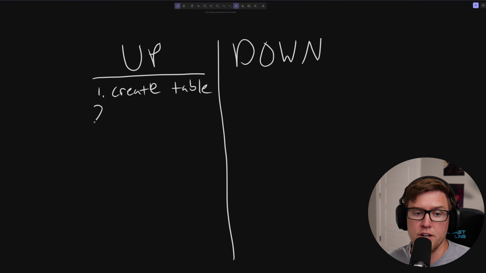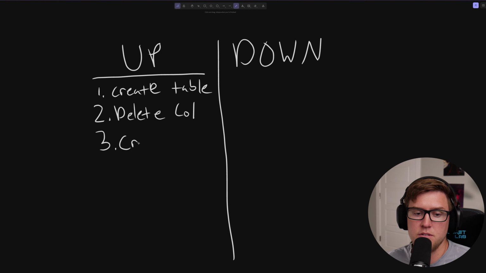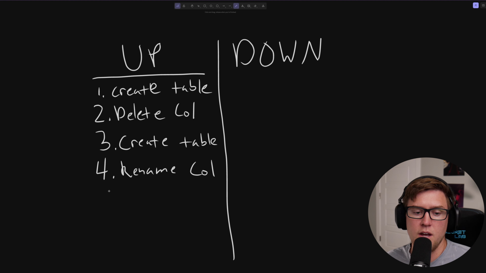And then our second up migration might delete a column from that table, right? Our third up migration might create another table. Now let's say our fourth up migration renames a column,